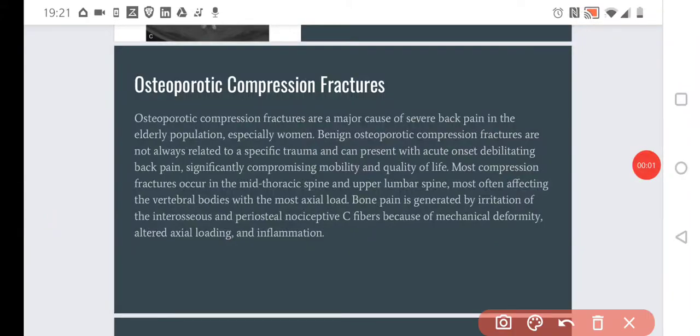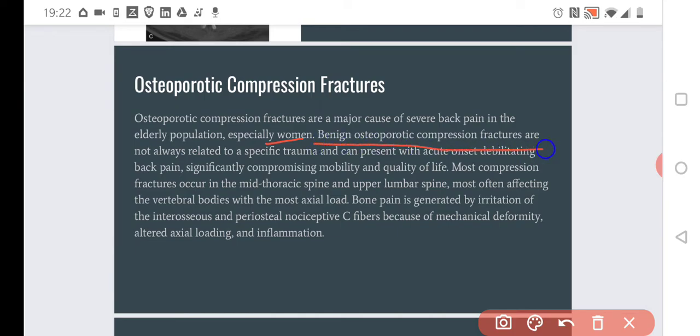Osteoporotic compression fractures. Obviously, these are the fractures that are caused by osteoporosis. So, in case of osteoporosis, we have very specific problems. Generally, osteoporosis is far more common in women, especially older, fragile, thin women. But it's not only this case. We can have osteoporosis after steroid therapy, sometimes after heparin therapy, prolonged heparin therapy.